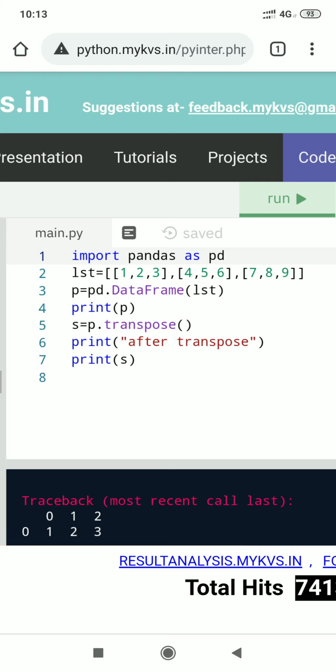Now if we think about columns, first column will hold values 1, 4 and 7. Second column will hold values 2, 5 and 8. And third column will hold values 3, 6 and 9. As per the list created here, we can change the sequence of the numbers. Random numbers can be there.